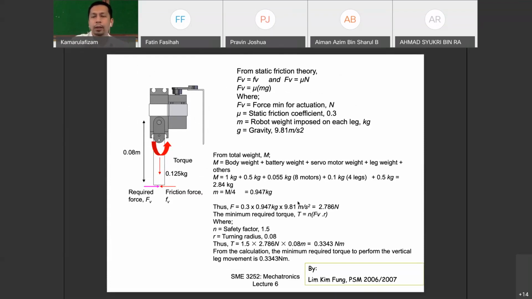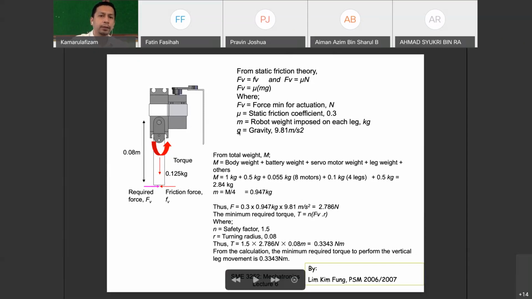So dalam setiap motion tu, dalam setiap I would say mechanical punya activities, motion ke, gripping ke, holding ke, swing ke apa benda ke, dia melibatkan loading. Maknanya you have to make sure that the mechanism or the mechanical part yang you establish tu dia boleh handle the load yang dia kena ambil lah. For example, kat sini kalau you ada macam gripper macam ni untuk di handle movement, these are the theories yang you kena ada in mind